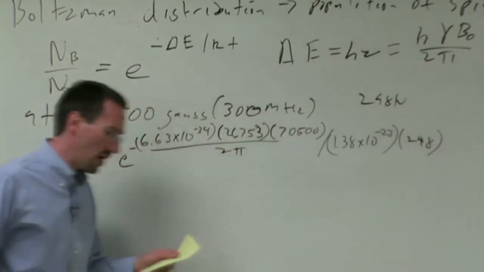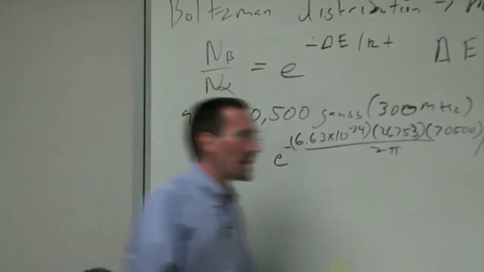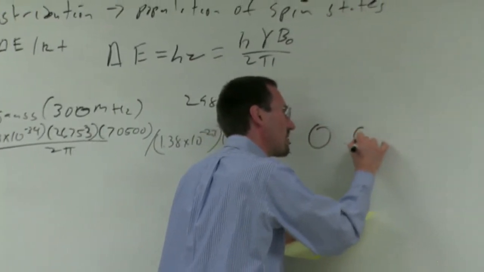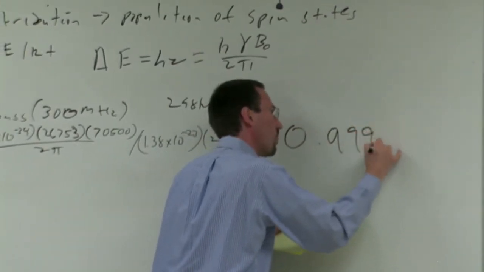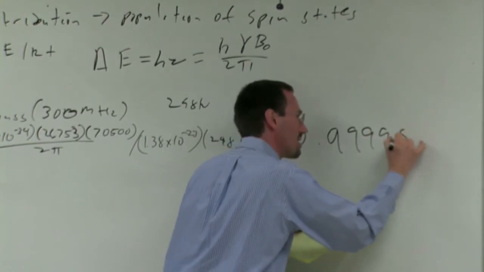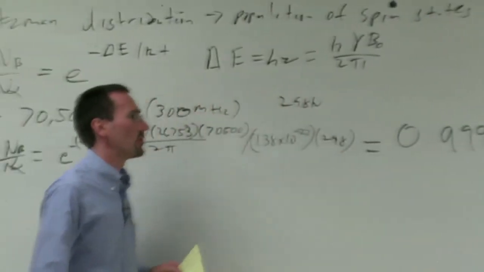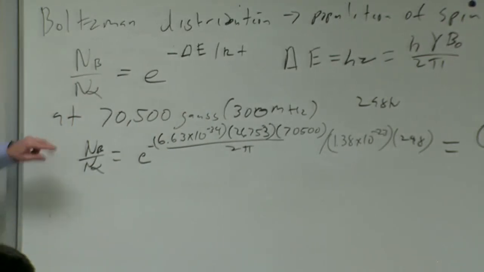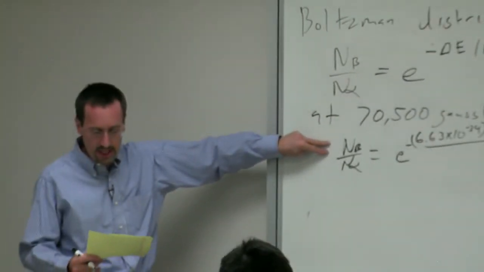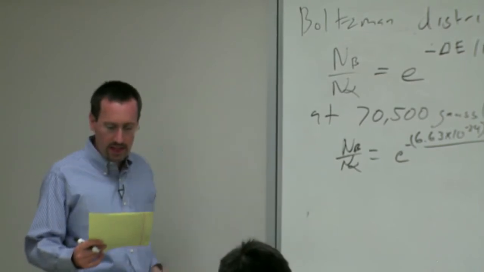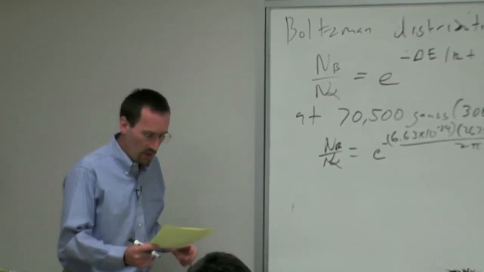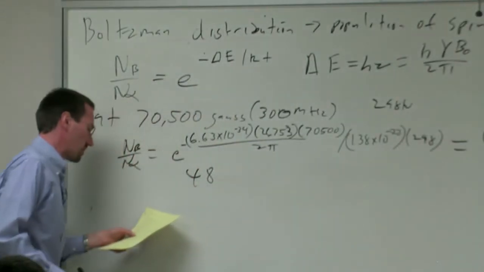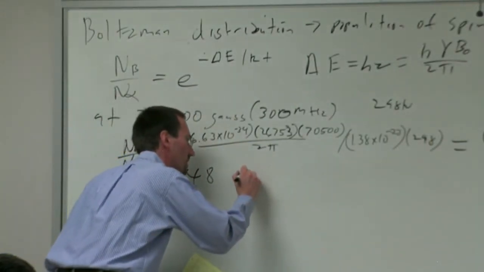And when I work that all out, this number comes out to a quotient that's very, very, very close to 1, 0.99952. That corresponds to the ratio of the beta state over the alpha state. In other words, we have 48 more protons out of 2 million